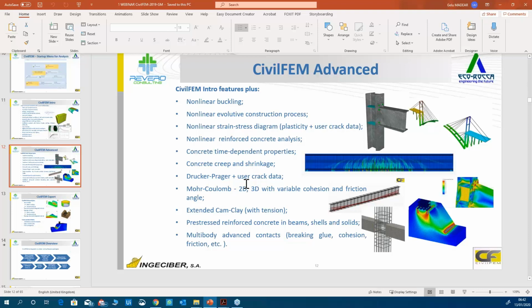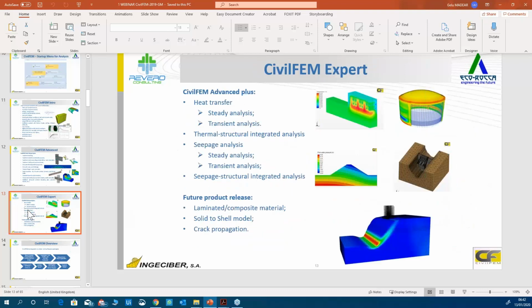In terms of CivilFEM Expert, we can add multiphysics like heat transfer, either steady state analysis or a transient analysis. We can have a thermal structural integrated analysis, which is a coupled process between structural engineering and thermal engineering.